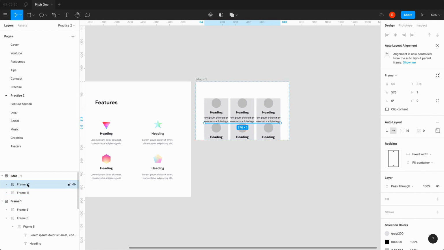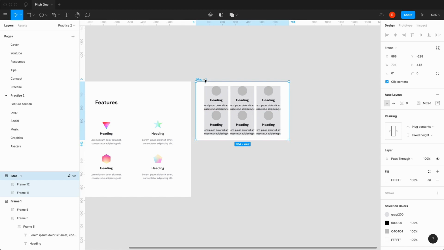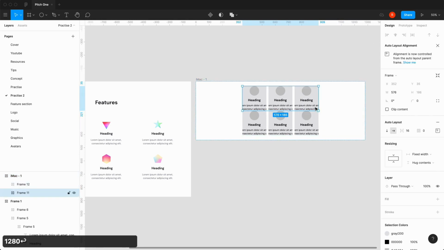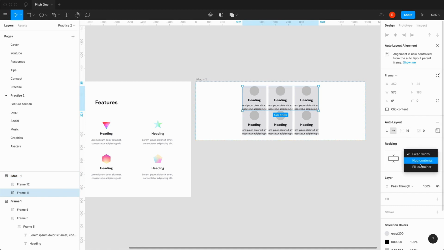We want to do the same for this one, which is also hug contents, and then this one we want to have a fixed width of 1280 again, and then these 2 we want them to fill container